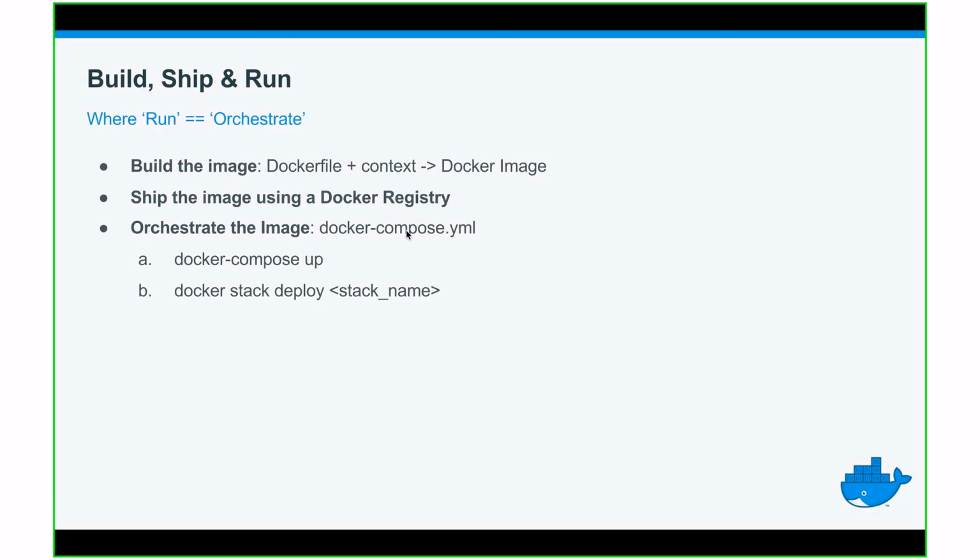And by creating a Docker Compose file that describes the minimal use case, or if you are in a production environment or working on actual code, this Docker Compose file could have all the necessary information that the developer thinks is necessary for ops to know. And then this can be the way to communicate between dev and ops. And this image can then be deployed either by Docker Compose or using Docker Stack Deploy. And this I will show in a minute.